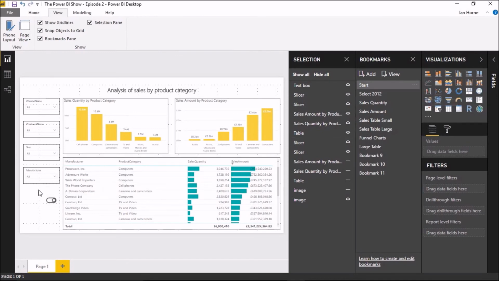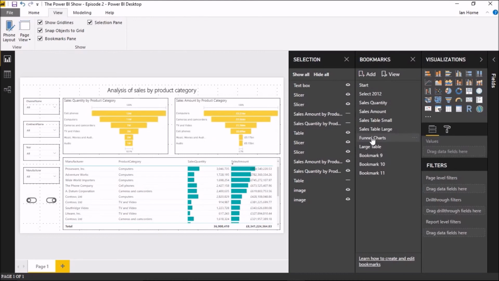So now when I've clicked on that, it goes to the start bookmark and hides the button, and I need to do the same for image 2 on my funnel charts. So I need to click on funnel charts, make sure, yep. Otherwise when I update it, it's going to update it and include the bar charts, but I don't want to do that. So I want to hide image 2 here,